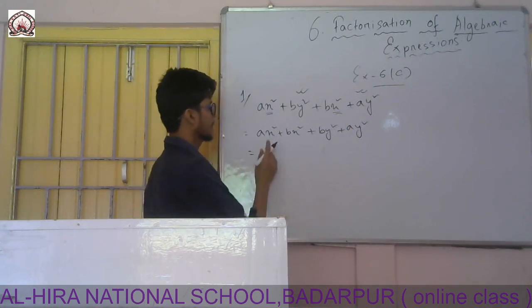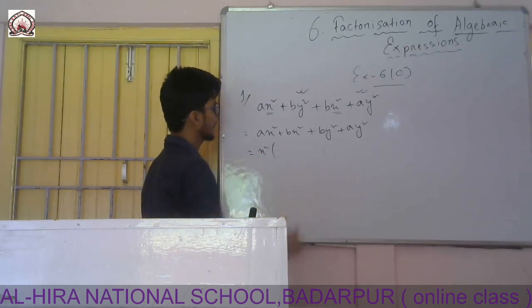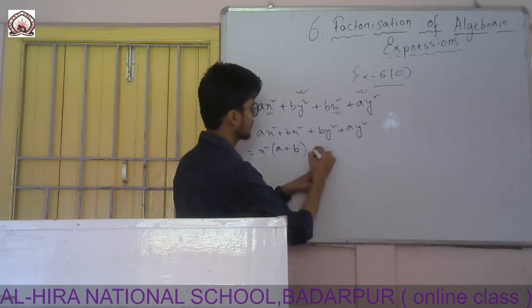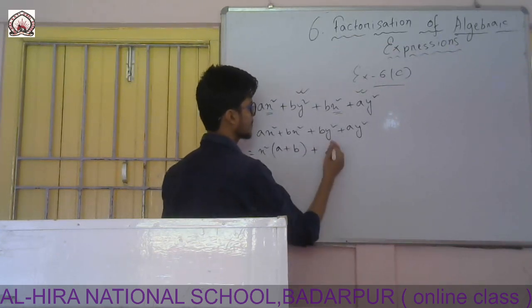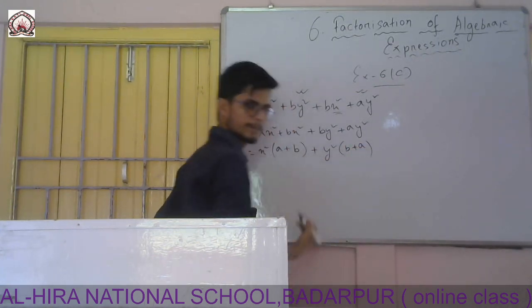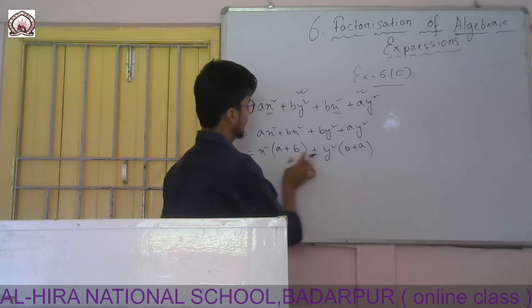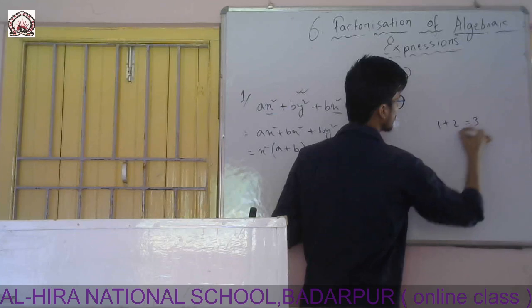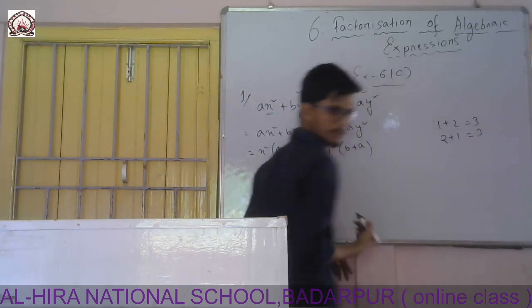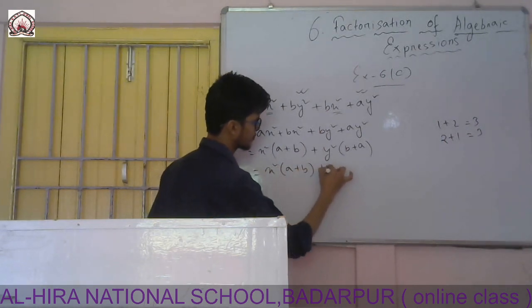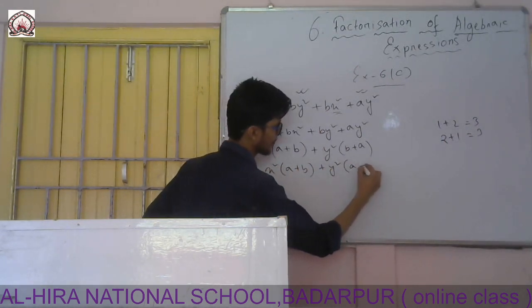So this one, you see, the common factor will be a, and then a left there and b left there. Now I will give a plus sign. Again, which one is the common term here? y square, then b plus a. So a plus b and b plus a are both the same thing. If I write 1 plus 2, it will be 3. If I write 2 plus 1, it will also be 3. So you can arrange this one, x square into a plus b plus y square into a plus b.